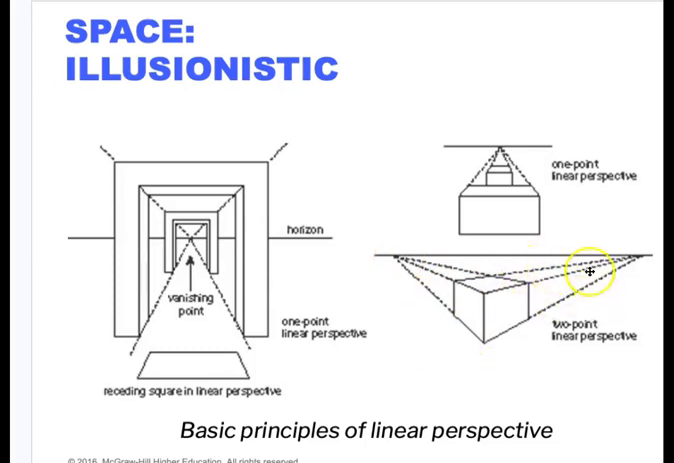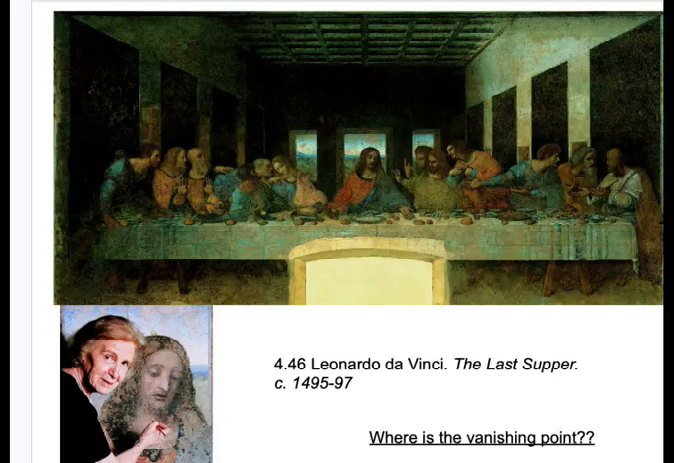And then you would erase all these dotted lines that they put in, and it creates correct perspective. So that is creating the illusion of space, but using line to do that. And in this particular one, which you've probably seen before, Da Vinci's The Last Supper, where is the vanishing